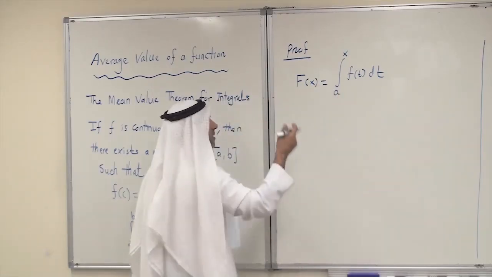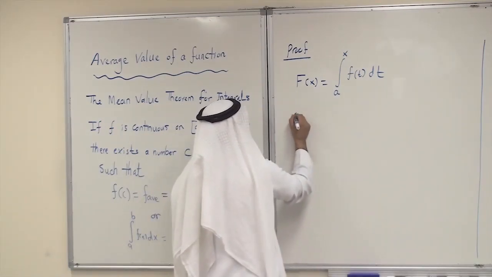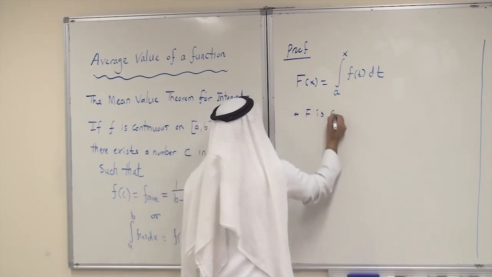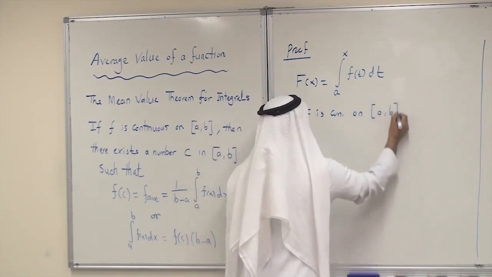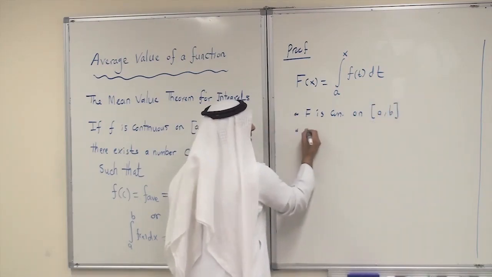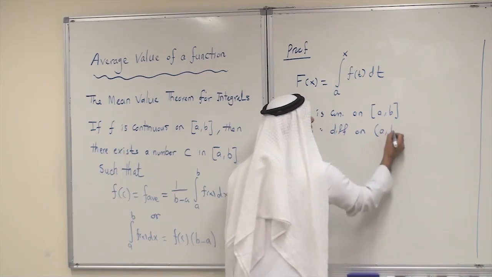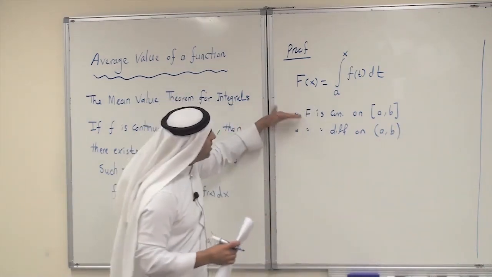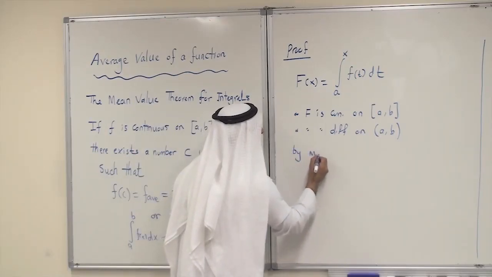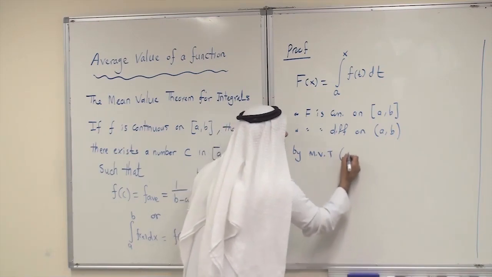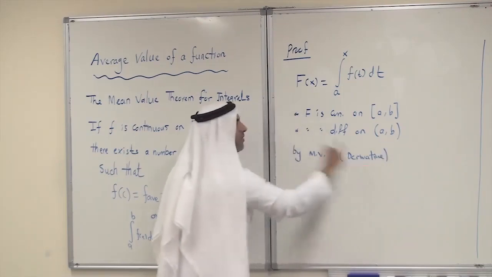The mean value theorem of derivatives says what? First, some comments. This F is continuous on the closed interval a, b. Not only this, this function is differentiable on the open interval a, b. It is continuous, it is differentiable. So by the mean value theorem of derivatives, the result we have in Calculus 1,